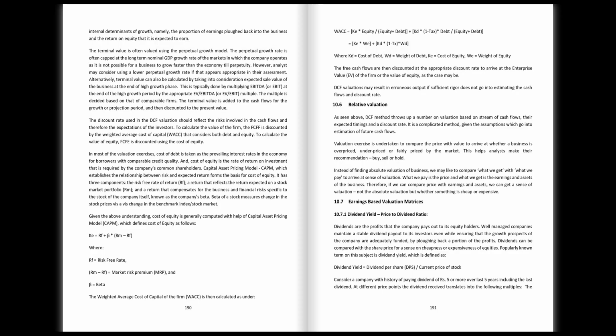This is typically done by multiplying EBITDA or EBIT at the end of the high-growth period by the appropriate EV/EBITDA or EV/EBIT multiple. The multiple is decided based on that of comparable firms. The terminal value is added to the cash flows for the growth or projection period and then discounted to the